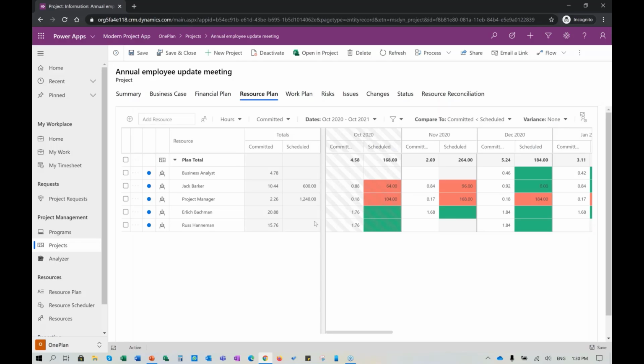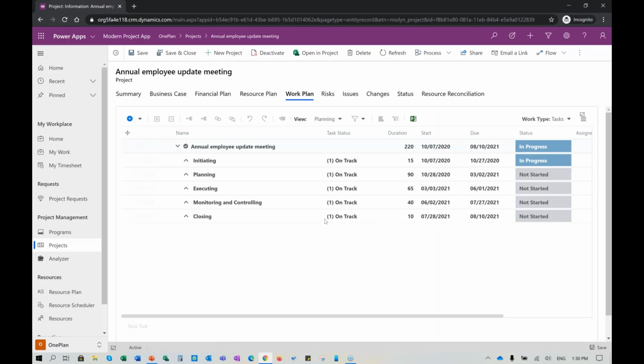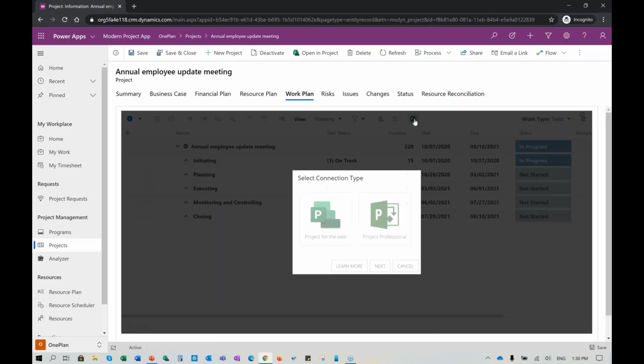portfolio and resources. I'm going to hit on work plan here real quick, just to show that when using OnePlan with the accelerator, we combine it with any of the scheduling experiences that you might be using. So in this case, I can connect to anything that I might be doing in Project for the Web or Project Desktop directly, and it will show within OnePlan, and also aggregate the data for reporting to that project element